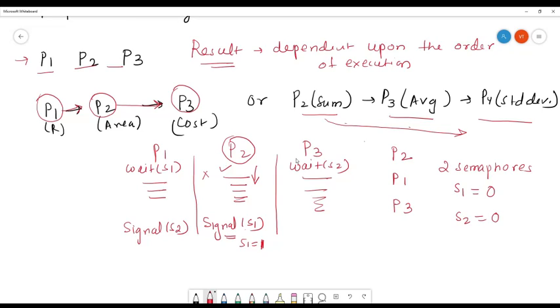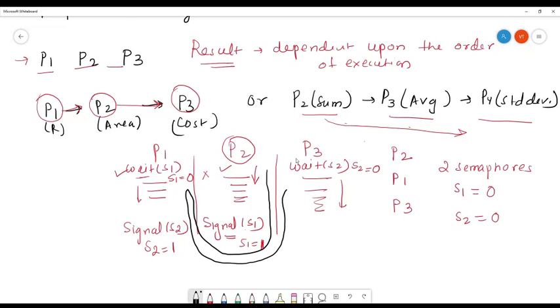When P1 starts executing, this wait function will decrement S1 to 0 and P1 executes. Then the signal increments the value of S2 to 1, and the wait in P3 decrements the value of S2 to 0, and it executes. So now you can see the order of execution is from P2 to P1, and from P1 it will go to P3.